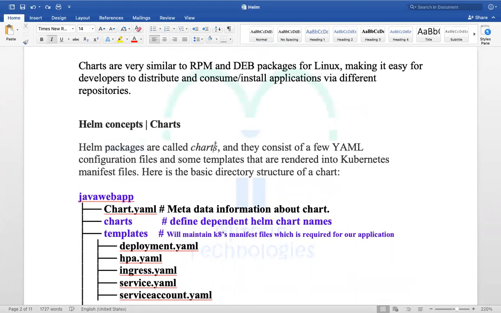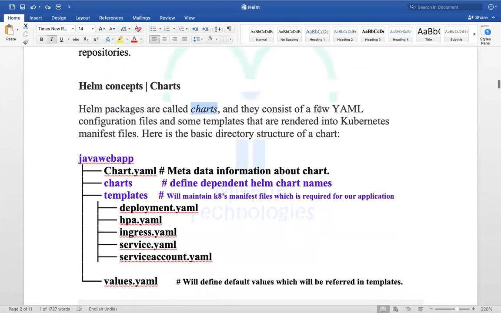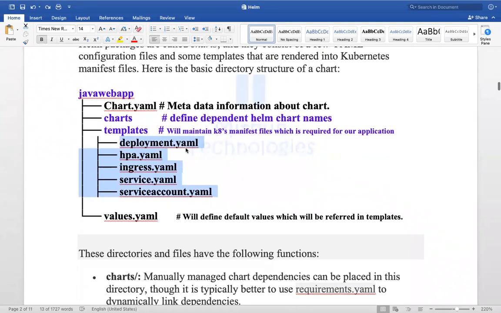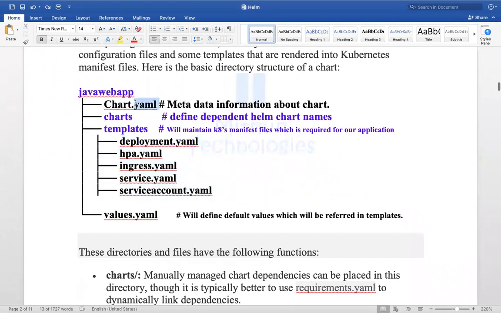Helm packages are called charts. They consist of a few YML configuration files and some templates that are rendered into Kubernetes manifest files. These templates are nothing but Kubernetes manifest files. Here is the basic directory structure of a chart. Inside this directory structure, you have a chart.yml.